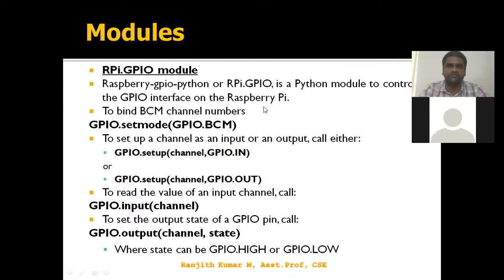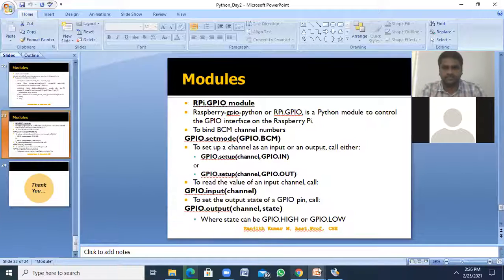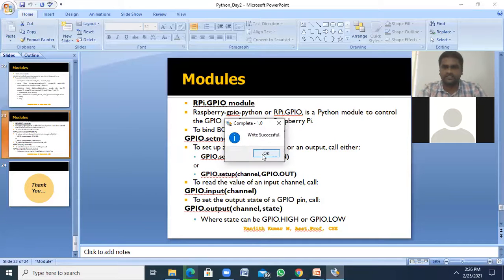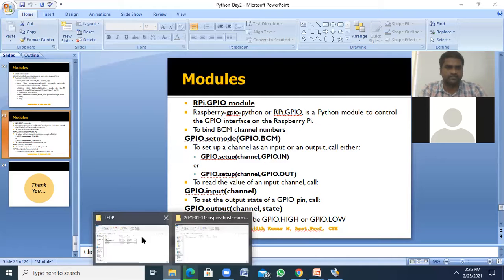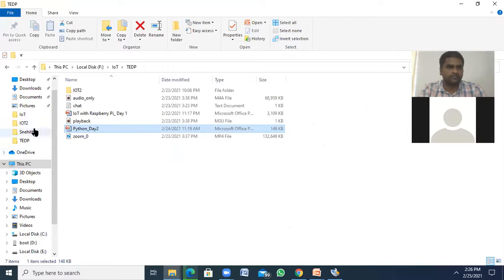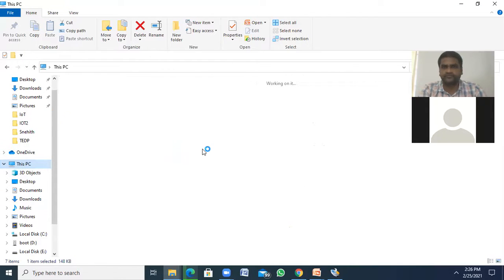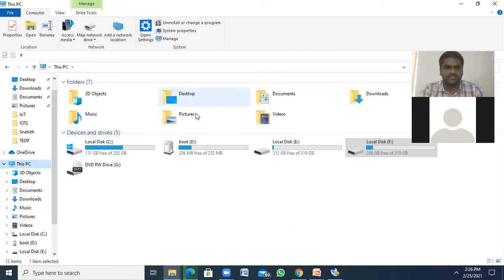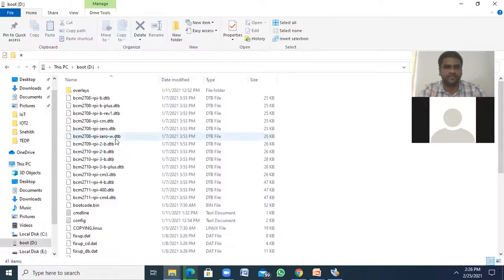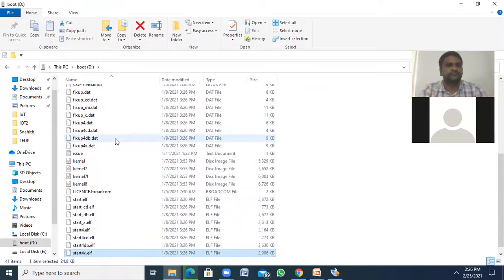I think writing is completed. Yes, successfully written. After successful writing, our SD card is written successfully like this. These are my OS files. This is my OS.